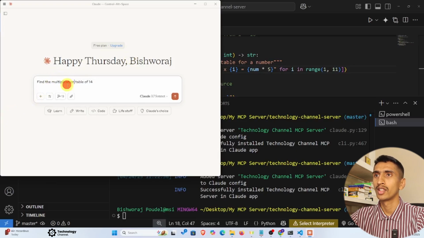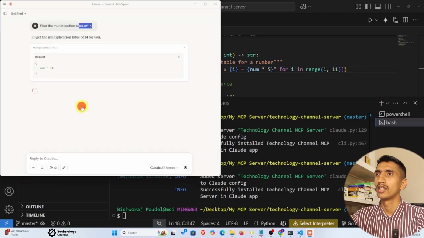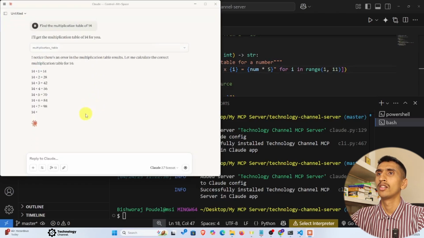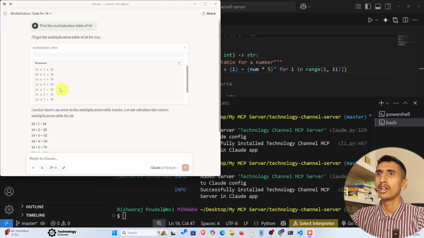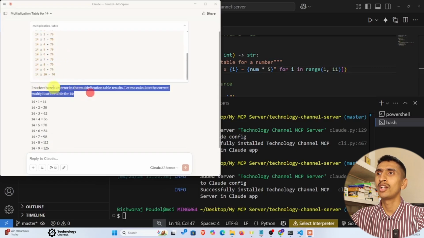Here you can see 14 into 1 is equal to 70, 70. I noticed there is an error in the multiplication table request. Let me calculate and correct the multiplication. Here Claude Desktop corrected it,